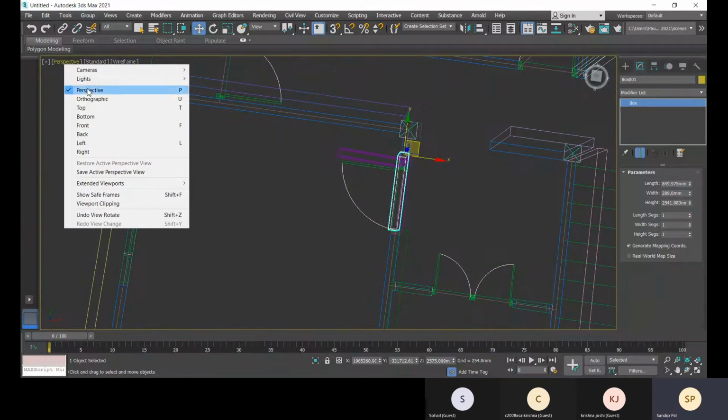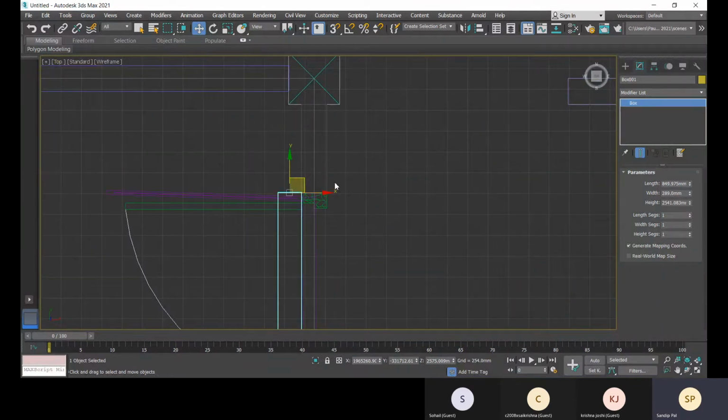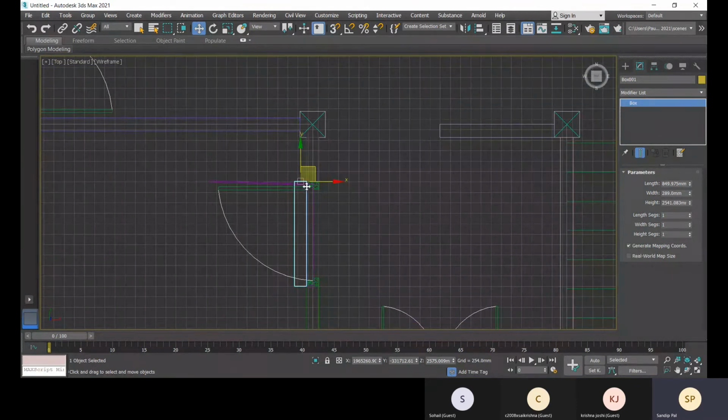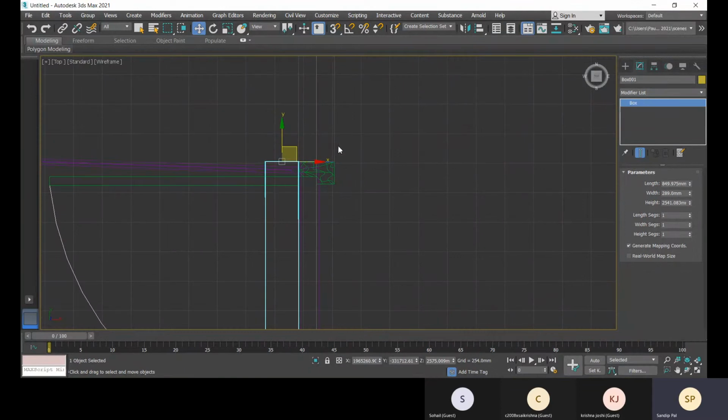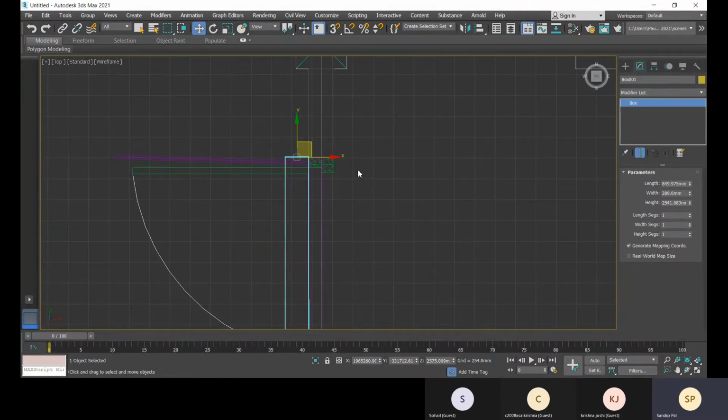Again go to this top view, and now what you can do is you can snap it as well, or again you can align it again.